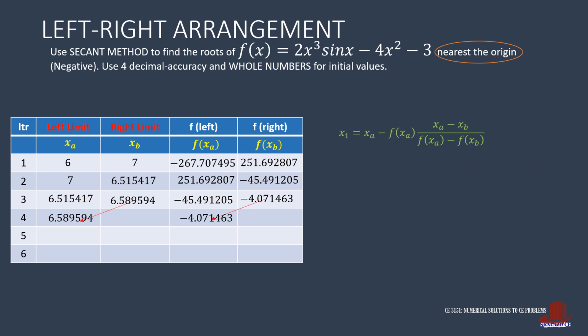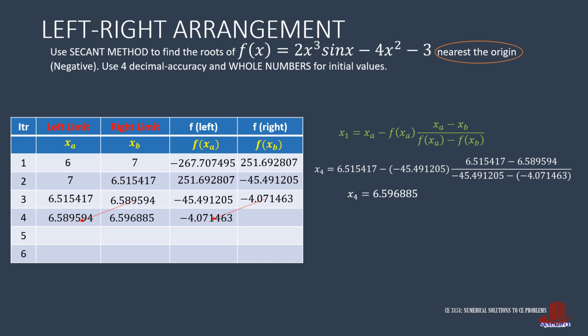Slide xb and f of xb again, then use the secant function to take x4, and that is 6.515417 less negative 45.491205 times 6.515417 less 6.589594, all over negative 45.491205 minus negative 4.071463. So x4 is